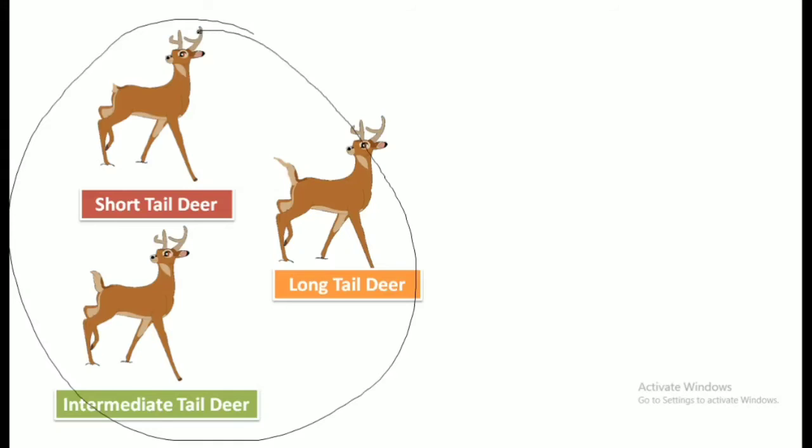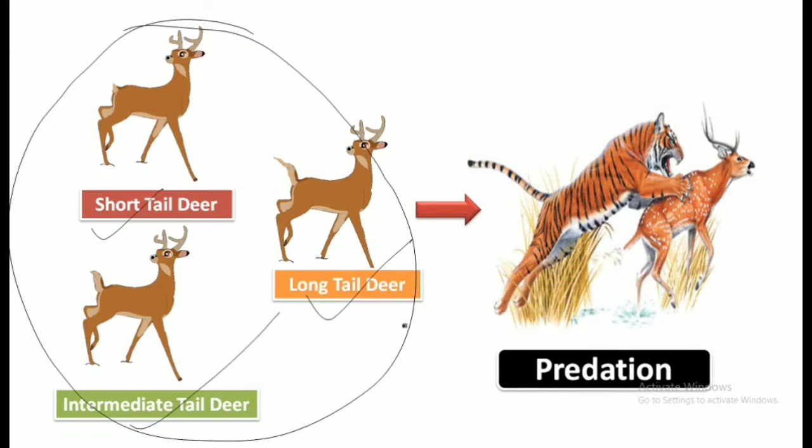So these are the population of deer where we have short, long and intermediate types. Here the obstacle put by nature is predation. As you know, deer is the prey of tigers and thus the predator considered here is the tiger, right? Predation is also known as the driving force of natural selection, because when a tiger runs for the deer to prey, the deer with the short tail will mess up their balance, and so they can't run very fast. They are caught easily by the tiger and they get preyed upon.